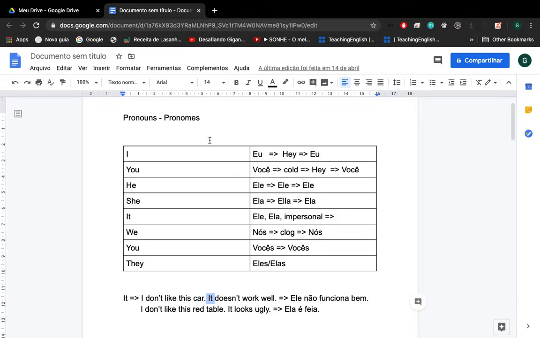So let's take a look at the first pronoun here, I. I use I when I'm referring to myself. In Portuguese, this pronoun is called eu. I've picked some words to help you learn how to pronounce these pronouns. You can see that the E sound is not very common in English. So to help you have an idea of how to pronounce it,